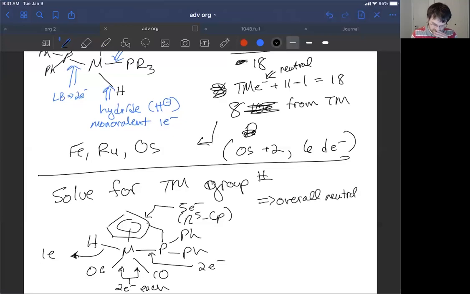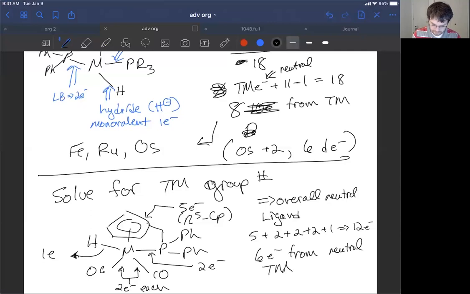Okay, so we're overall neutral, and we have ligand count is equal to 5 plus 2 plus 2 plus 2 plus 1. So it looks like 5 plus 6 plus 1, that's equal to 12. 12 electrons from the ligand, and we need to get to 18 electrons total. So I believe that we have 6 electrons from the neutral